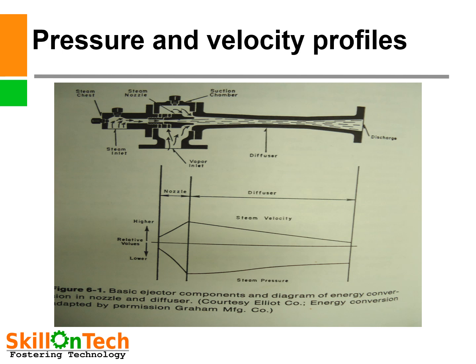Pressure and velocity profiles. You can see a picture of a steam jet ejector. Here it is a high pressure entry of steam. So there is a high pressure, and in this nozzle this pressure energy will be converted into kinetic energy. So velocity will be high here and pressure will be less. And again, after this throat,